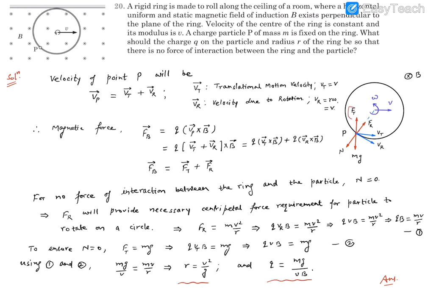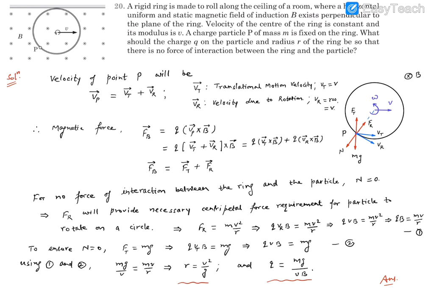So this is one force we can show in this particle's FBD. Another force Fr. Fr force is going to be again Vr cross B. Vr cross B is going to be radial and it is going to be toward the center. So that's going to be Fr. Point is, these two forces' combined effect is the magnetic force.